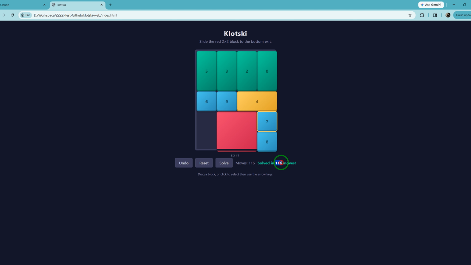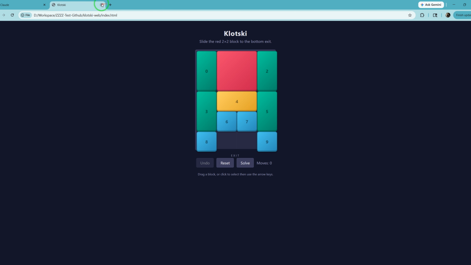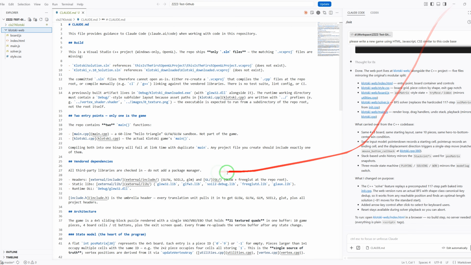So in 116 moves. Okay, so the game is working, and let's say reset. Okay, it's working. So as you can see that Claude Code not only understands the code, but it can help you to modify the code,